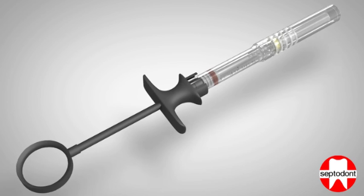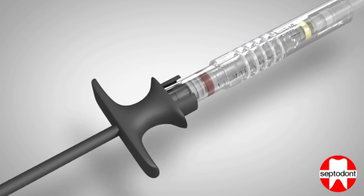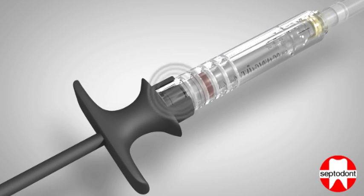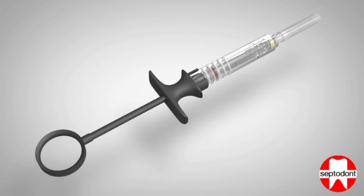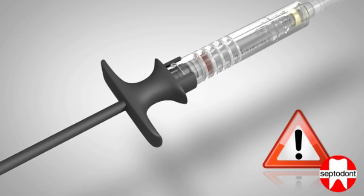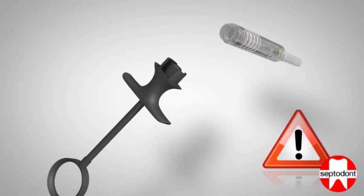Step 3. Slide the sheath protecting the needle backwards towards the handle until it clicks firmly. The click is made as the sheath hits the handle and locks the unit together, making sure that there is no gap between the transparent sheath and the handle. Please note that failure to retract the sheath fully until you hear the click may result in the device disassembling